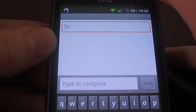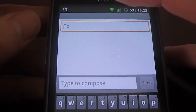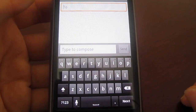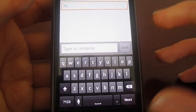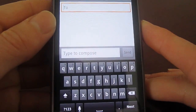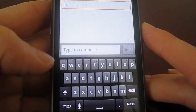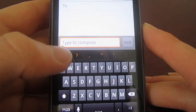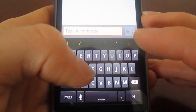Now the next thing I want to show you is the messaging. I was a bit worried at first because the new keyboard, if I just zoom out slightly, it doesn't look as nice, I personally don't think it does, as the HTC Sense keyboard, and I was a bit worried that I wasn't going to get used to it, but actually using it for a short while now, it's actually quite good. So if I would type a message,